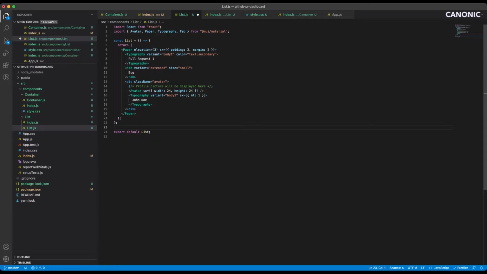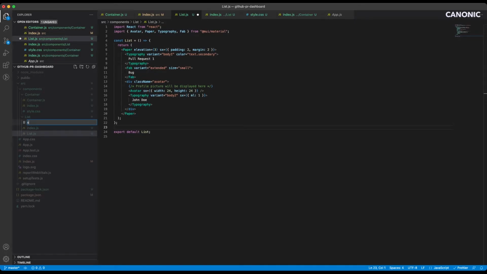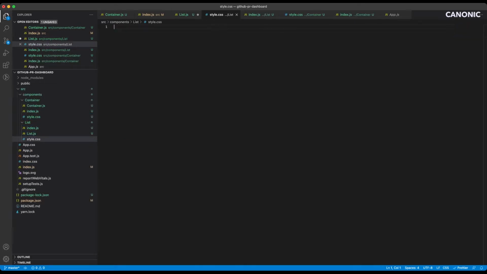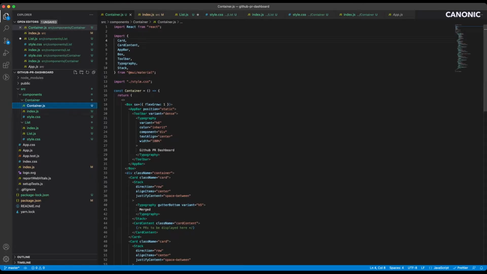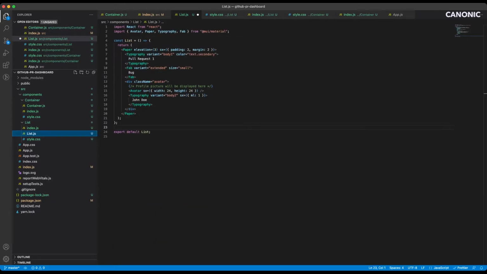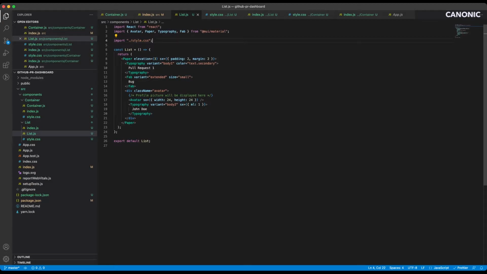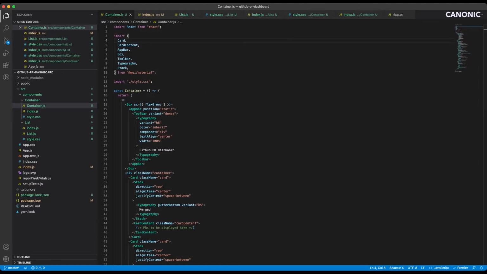Let's also add some custom styling to it. We'll create a new file called style.css with the required code here, and then import it up in our main component. Now to see this list in action, let's use this list component in our card container.